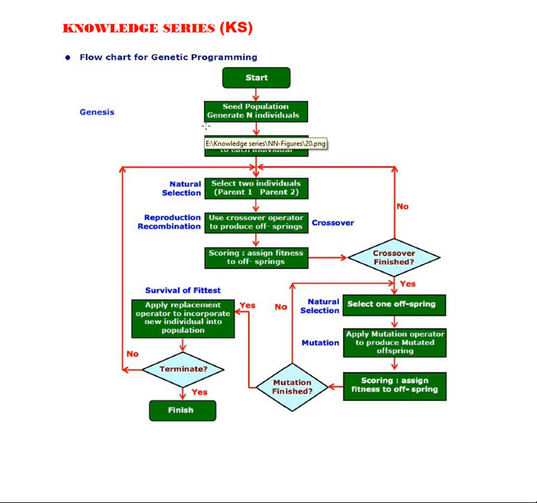Now in this genetic algorithm, the algorithm reflects the process of natural selection, where the fittest individuals are selected for reproduction in order to produce offspring for the next generations. So that is what is based on Darwin's theory.